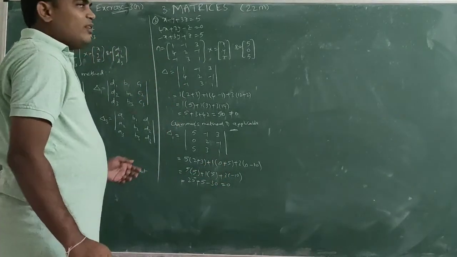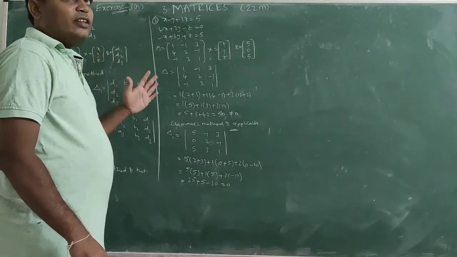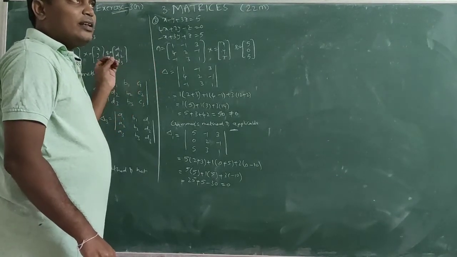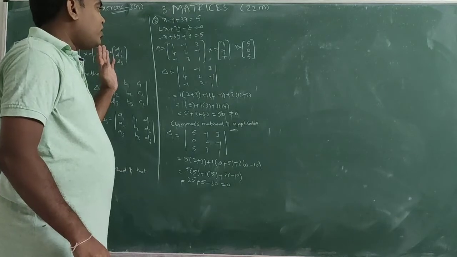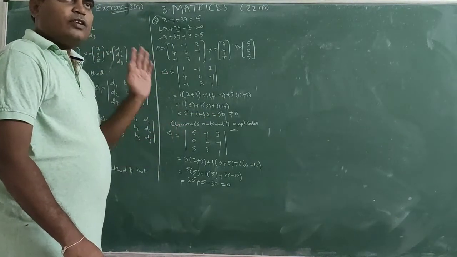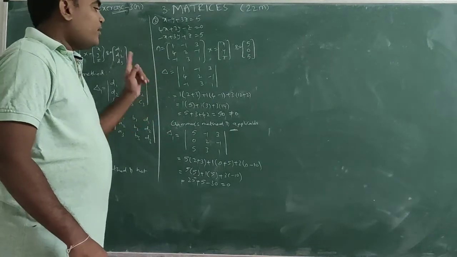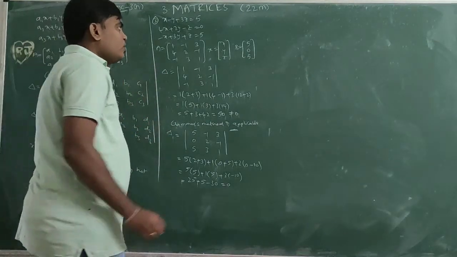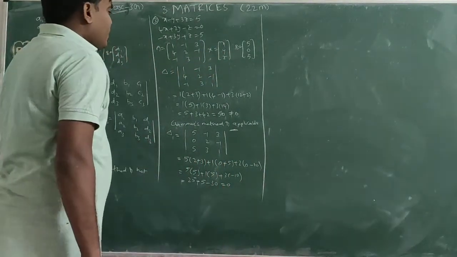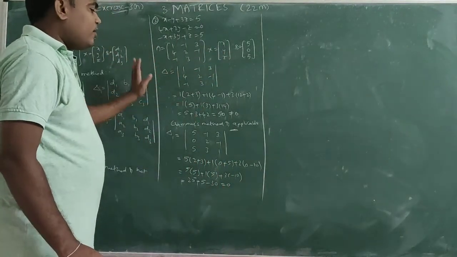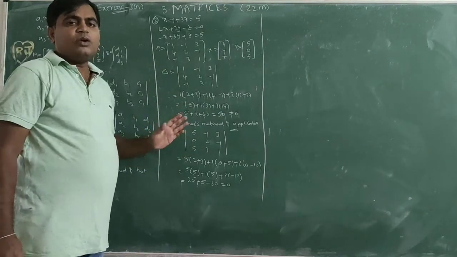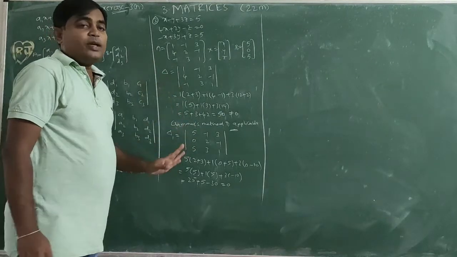So already we discussed, if it is 0, then Cramer's method is not applicable. What won't be equal to 0? Delta won't be equal to 0. Delta 1 may be 0. Delta 1 is 0 or not, no problem. But delta won't be equal to 0. Okay, so this method is applicable. Delta not equal to 0, it is applicable. So delta 1 may be 0, delta 2 may be 0, delta 3 may be 0, no problem. But delta won't be 0.